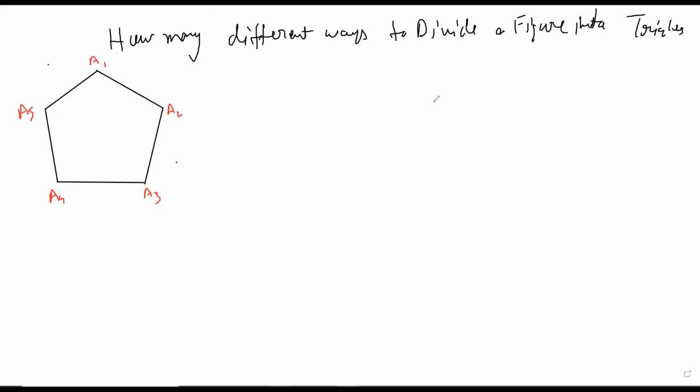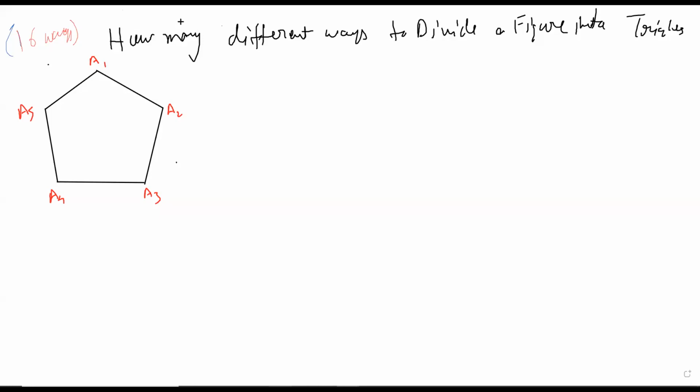Sir, in all there are 16 ways to divide into triangles. 16 ways. Okay, so Raghav says 16. I think 16 is a bit too much, but I'll still write it here. We'll observe it in the end. 16 seems to be a lot, but if he has actually done all those 16, then it's very interesting actually. So there are these 5 triangles of this pentagon.